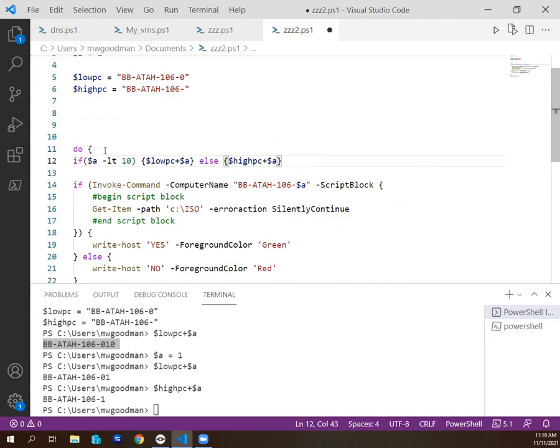If the value of A is less than 10, we're going to go with the low number that has a 0 in there. So we're going to attach 1 through 9 to this name right here. If this is 10 or greater, then it's going to be the high PC one, so it's going to be 1, 0. Am I right? The problem is